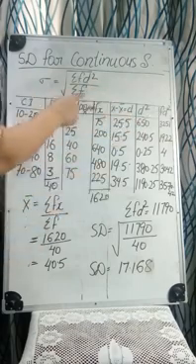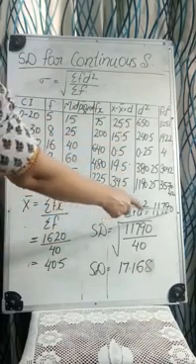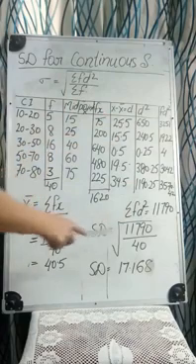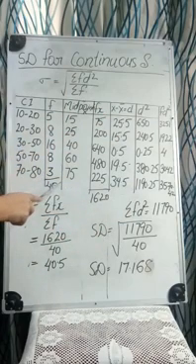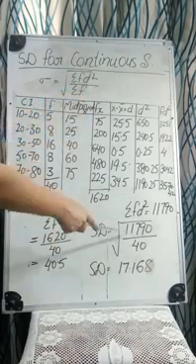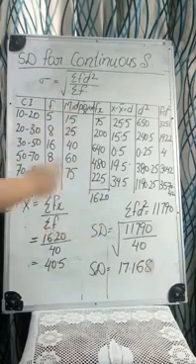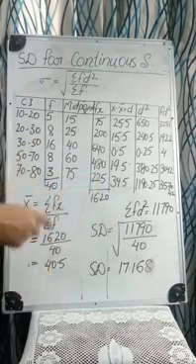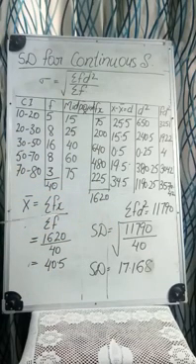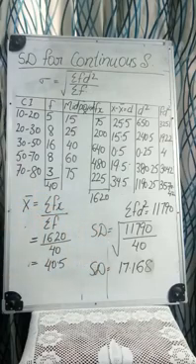After that there will be the summation of fd square. The summation of fd square is 11790, divided by frequency. Frequency of the whole is 40. So apply the formula, that is the square root of the summation fd square, 11790, over summation frequency, that is 40. Solve it and you will get the standard deviation for the continuous series, as the answer is 17.168. So this is the way to calculate the standard deviation for the continuous series.